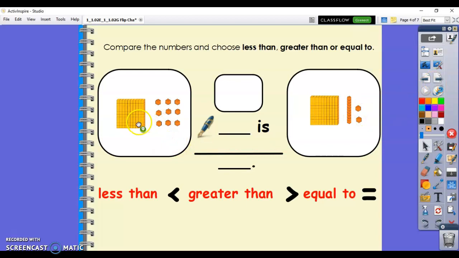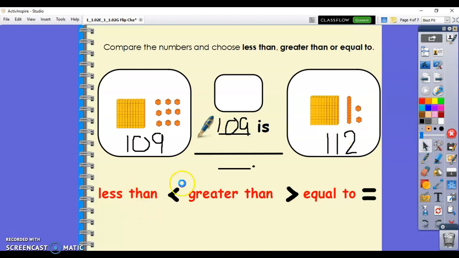Count it with me. 100, 101, 102, 103, 104, 105, 106, 107, 108, 109. So this number is 109. Count this number with me. 100, 110, 111, 112. Now, when I compare these two numbers, I see they both have a 1 in the hundreds place. This number has a 0 in the tens place, but this one has a 1 in the tens place. So I know that 0 is less than 1, so then 109